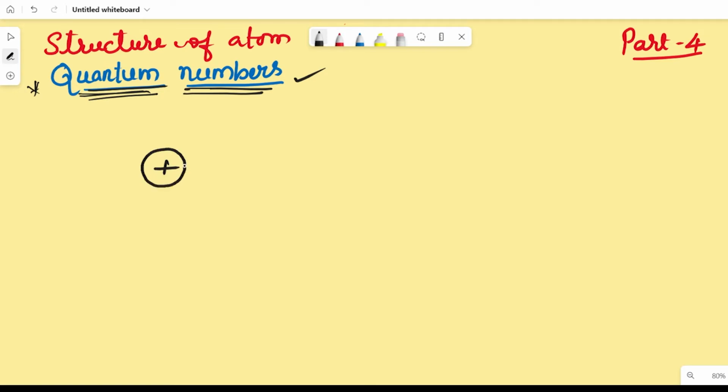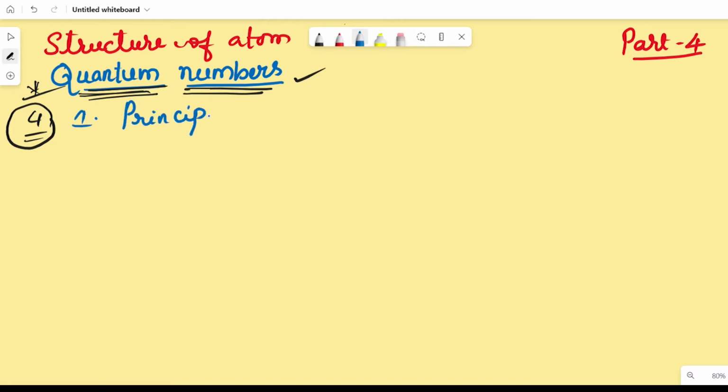So this is an atom, the electron is revolving in the outermost shell. So where is the electron? Based on the quantum numbers, there are mainly 4 quantum numbers. By knowing all the quantum numbers, we can find the position of an electron, right? So let us see what the quantum numbers are. There are 4 quantum numbers, we know. So the first one is called the